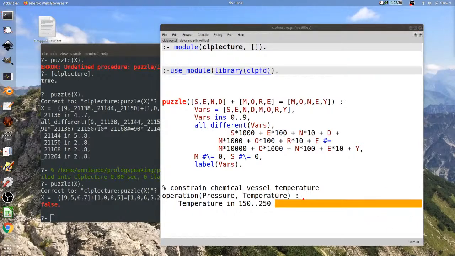Okay. Do you guys remember reification? D.V. Burkle's not too far off.